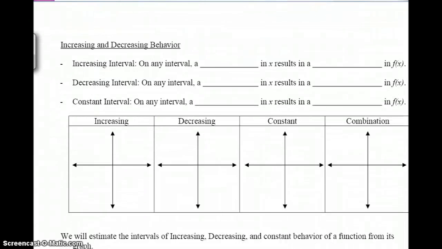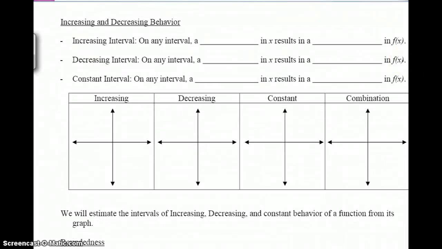Continuity and discontinuity. Now we also need to talk about increasing and decreasing behavior, and this is very similar to the idea of slope. It's not slope. Slope is only for linear equations. But when we talk about increasing and decreasing behavior for other types of graphs, we talk about it on a set interval. So in any interval, if we have a positive change in x,